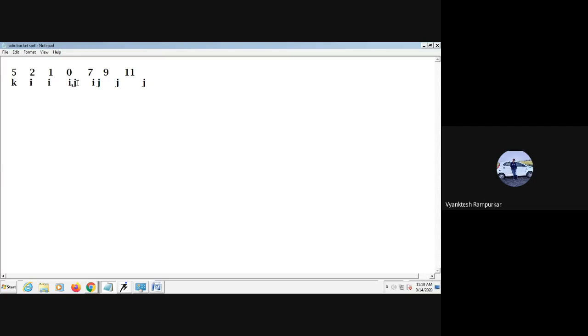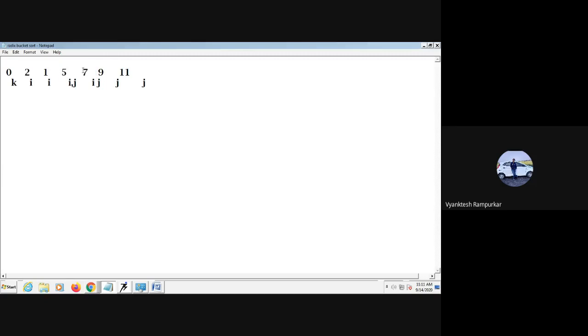When j comes to this, at that time the value of i is greater than the value of j. We swap key and a of j, so it becomes 5, it becomes 0. So this is our pivot element. When we get the pivot element, our list is divided into two sublists, the left sublist and the right sublist. This is the right sublist.